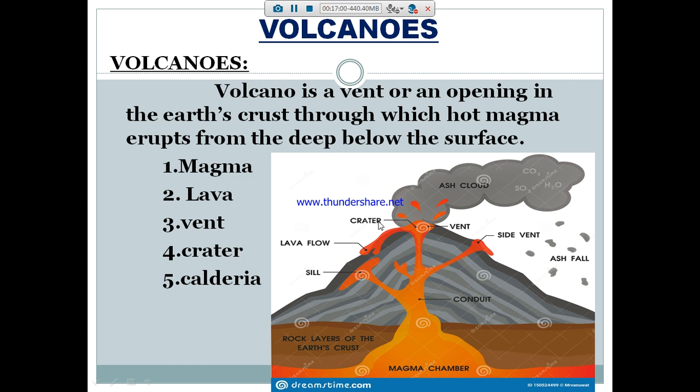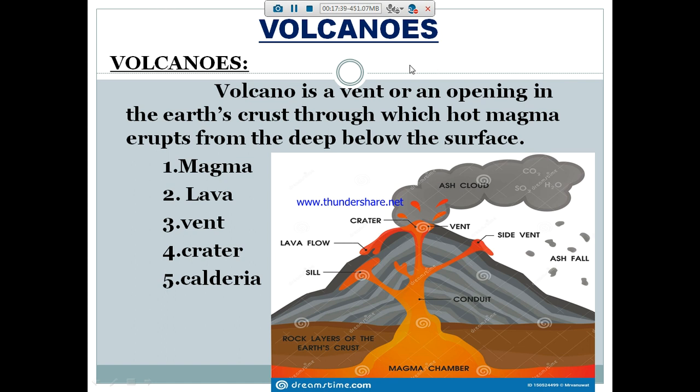Crater. In some types of volcanoes this area will be of great size. If it is in a big size, it is called the caldera. While violent explosions blow away the entire top of the great cones, they get damaged and form the caldera. Did you understand that?